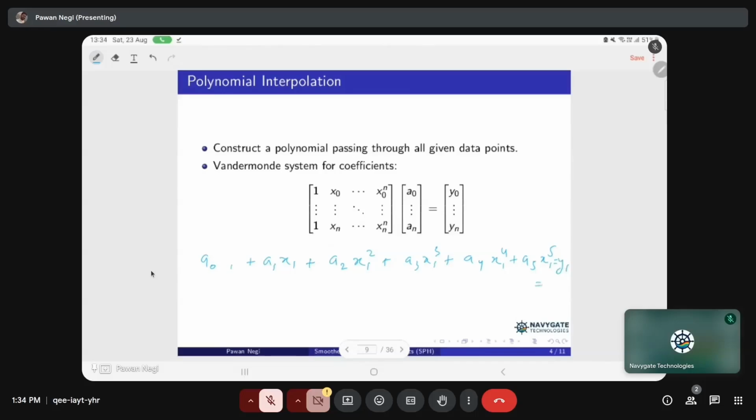Similarly you can write a similar equation, which is a0 times x2 and so on, a5 x2 to power 5 is equal to y2. So you will get 5 equations. Therefore you can write this in this format, where 1, x1, up to x1 to power n goes here, and a0 to a5, which is common in all the rows, comes as a column matrix. You can write this in a matrix format, and on the right hand side you will get all the values that you know. This particular matrix is called the Vandermonde matrix or Vandermonde system,